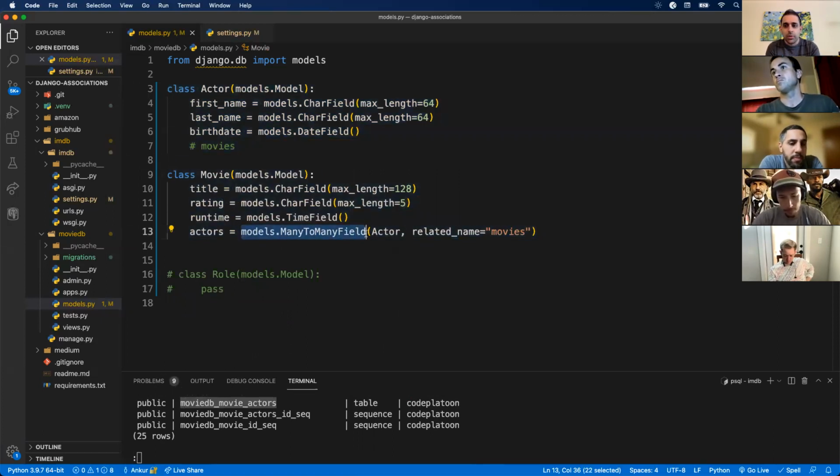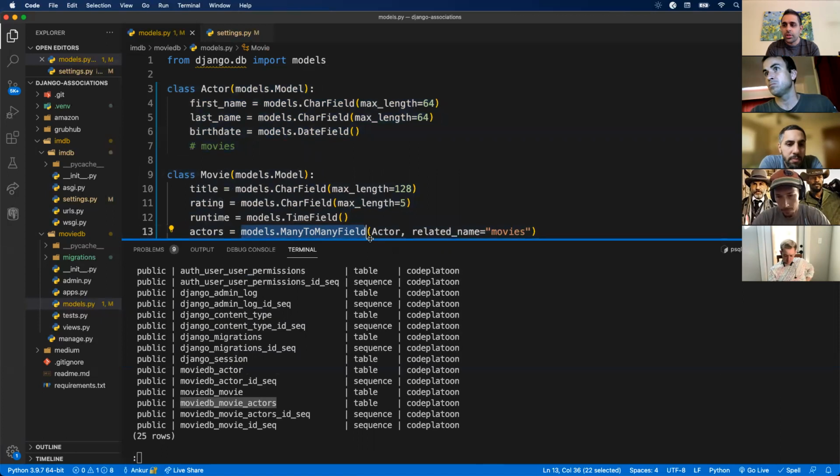So it's not magic, right? We're not breaking the rules of database relationships. We still need a join table anytime we have a many-to-many relationship. Fortunately, Django does that for us if we use the many-to-many field in this capacity. All right, so a join table still exists behind the scenes, but we don't have a join model per se in the example I went through right now.